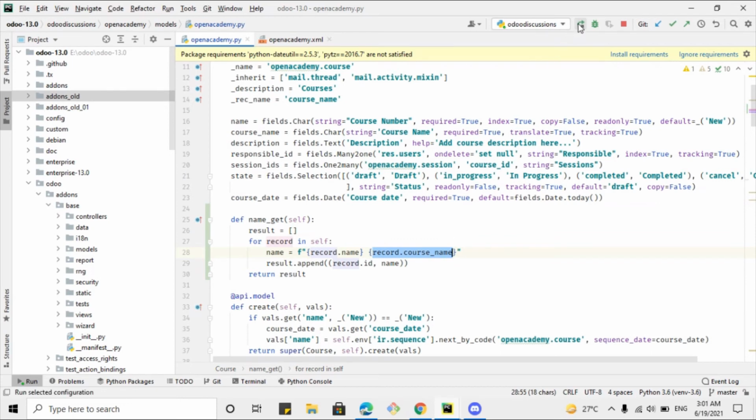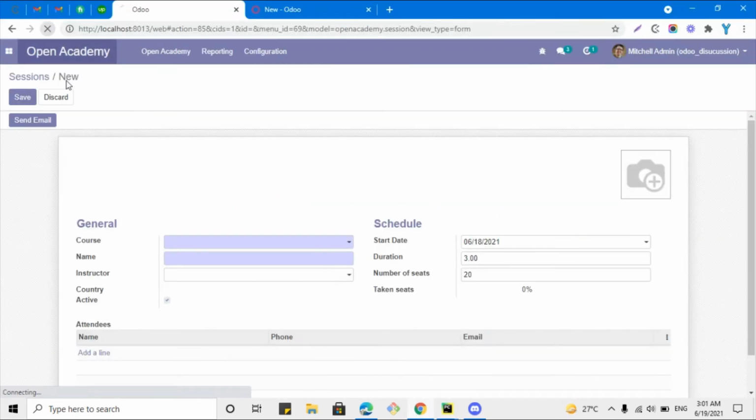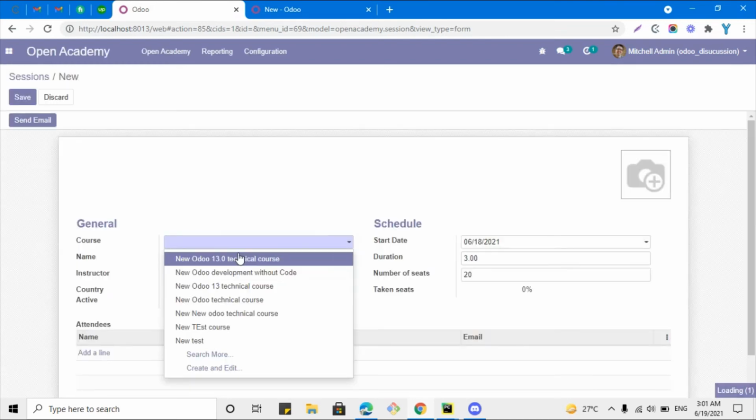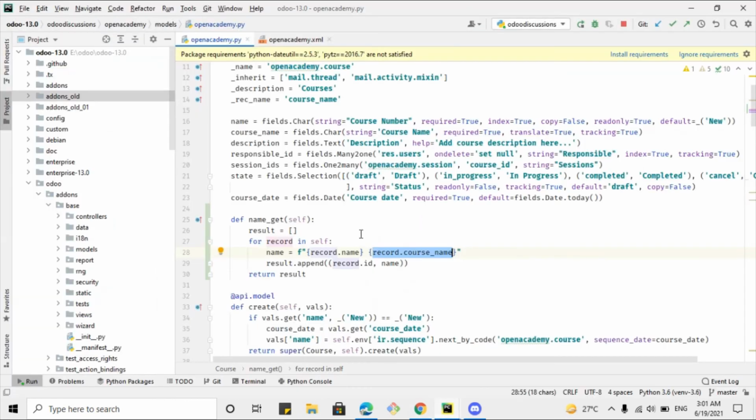Let me refresh it and then see the change. Refresh this Odoo screen. After the screen refresh, we will be able to see the change. Let me try to select it, and sorry, we forgot to add the brackets. Let me add the brackets like this, and then this one.